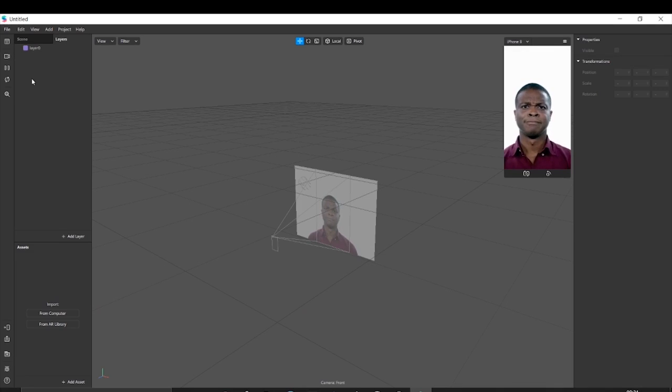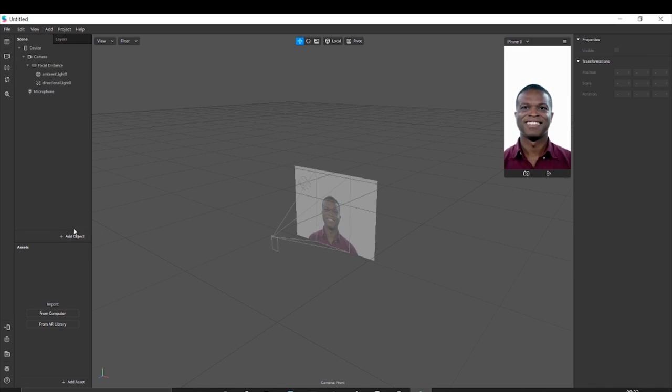Layers, understand layers as a cake. In a cake you have one layer over the other: chocolate, vanilla, strawberry. In the same way, you have one layer over another, and they can overlap each other. So you can have one thing ahead of another thing. Layers in the scene, I will show some examples about layers later on.